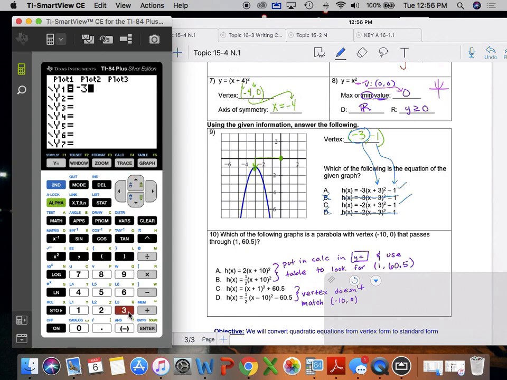So -3 parentheses x plus 3 close parentheses squared minus 1. And I'm going to do zoom 6 to see it normal. Oh, that looks pretty good. It's not bad. Let me look at C. -2. Oh, that looks pretty good too. So if you're looking at these and you're still not sure,